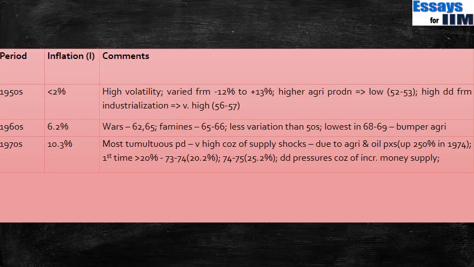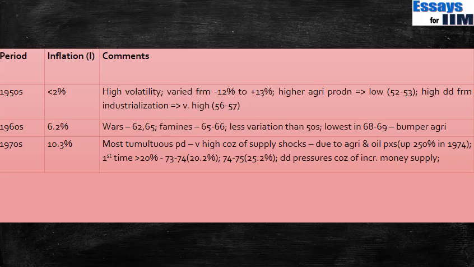Okay, in the 1970s, as you can see, it is the first time that the inflation actually reached more than 20%. So overall in this decade, the inflation average was 10.3%. This happened because there were many supply shocks. There were agricultural supply shocks and oil prices rose a lot. As you can see in this, we've written this in a very cryptic manner. You can take your own notes from this if you require, so that we wanted to give you as much information as possible in a condensed form.